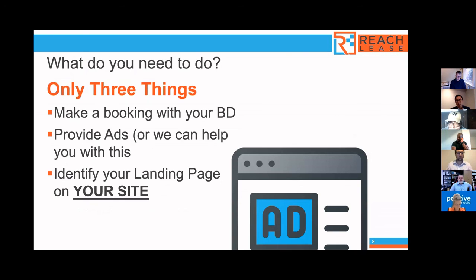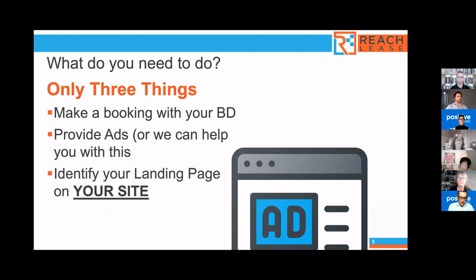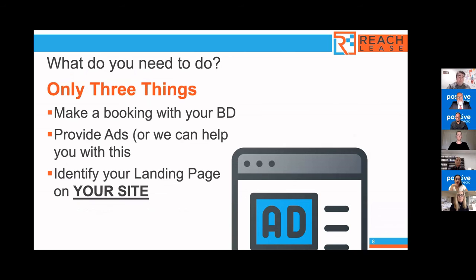So if you want to be involved in a Reach Lease campaign, there are only 3 things you need to do. You need to make a booking with your BD to talk to them about it. We need to provide some ads, and we can help you with what you need to do there. And then we need to find a page on your website where you can target, so once the ads get clicked on, it goes straight